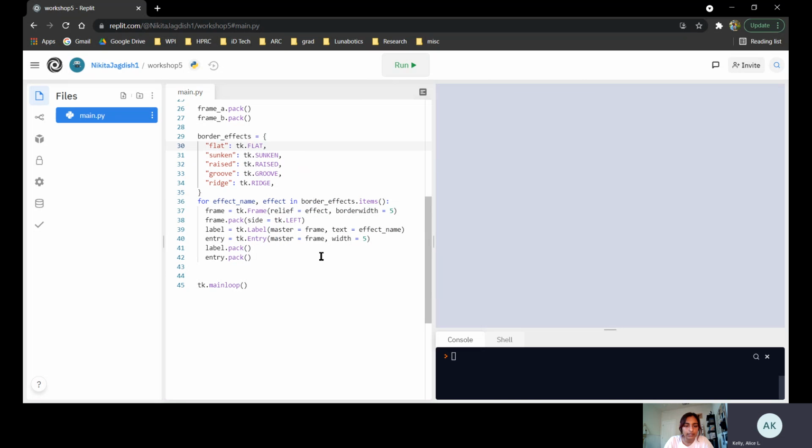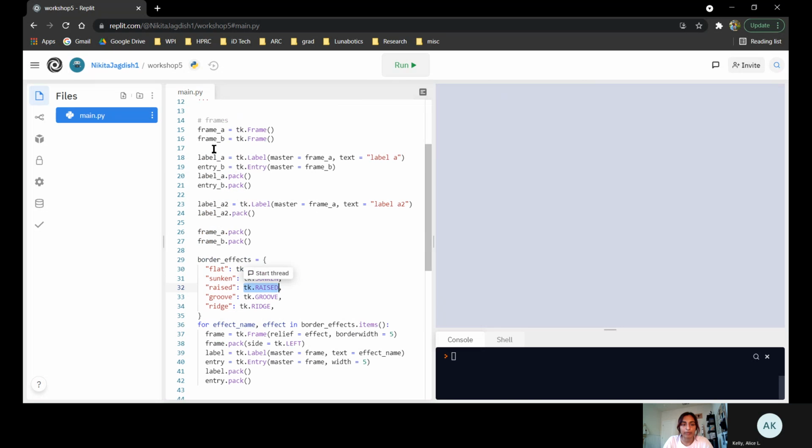So instead of doing this whole thing, let's say from earlier I have my frame, frame A. If I do relief equals tk.RAISED instead, like that, and now